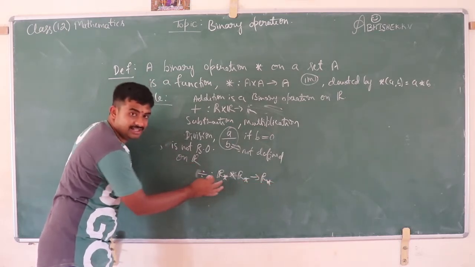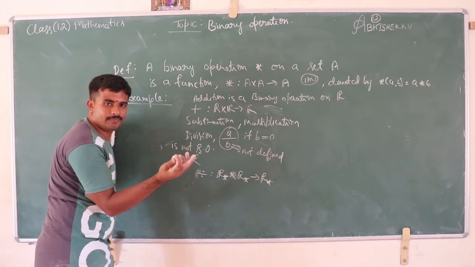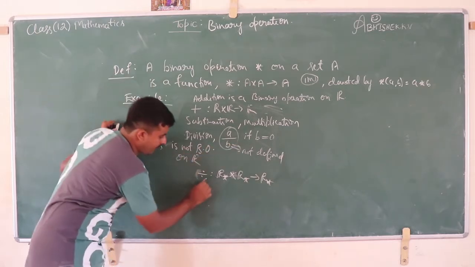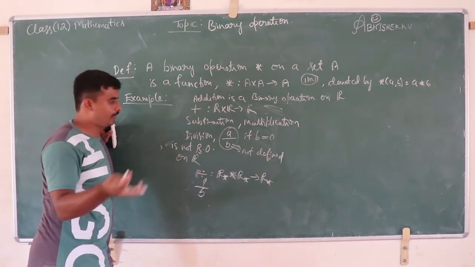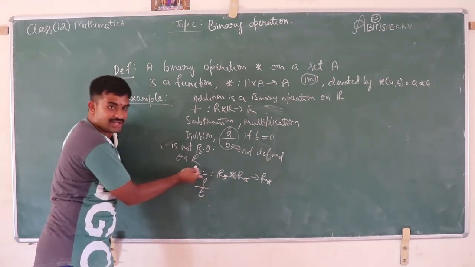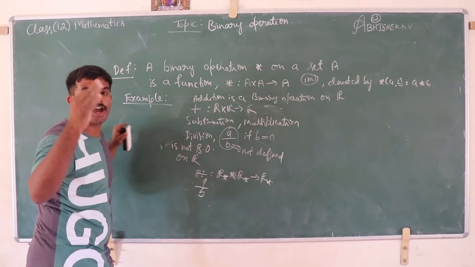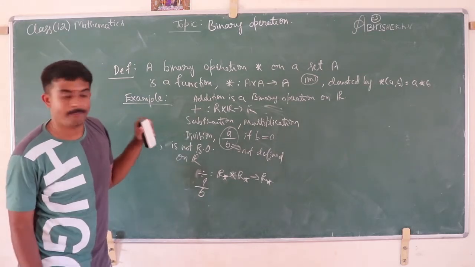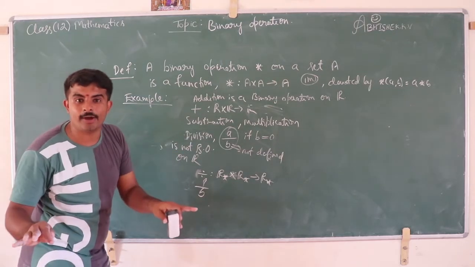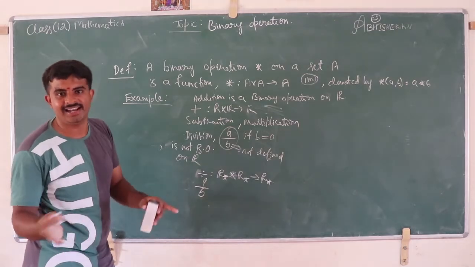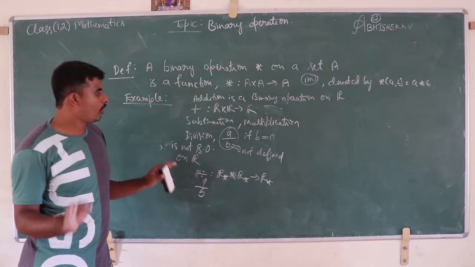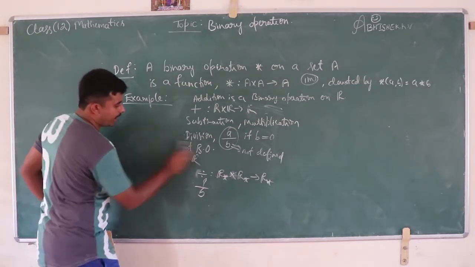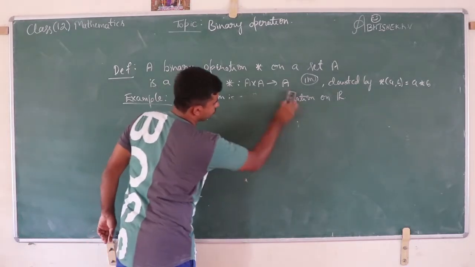Then see, R star does not have 0. Therefore, a by b is defined. Defined means it is a function. Therefore, division is a binary operation on the set of real numbers except 0. But division is not a binary operation on the set of real numbers. Real numbers contain 0, but real numbers except 0 does not contain 0. I hope you are all getting this. See, I move on to the next example.